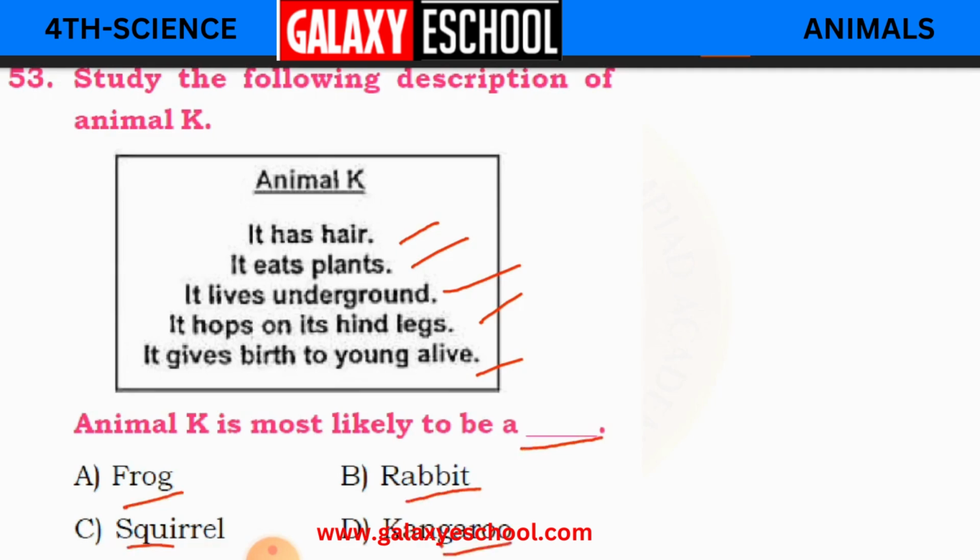Which animal can hop on its hind legs, children? And which is a herbivore that eats only plants, and which lives underground? Okay, it gives birth to the young alive. So which one? It is a rabbit. You can say kangaroo also, but kangaroo doesn't live underground. So that is why rabbit will be the correct answer. Clear, children? Okay, so that's what we have learnt and also discussed about some